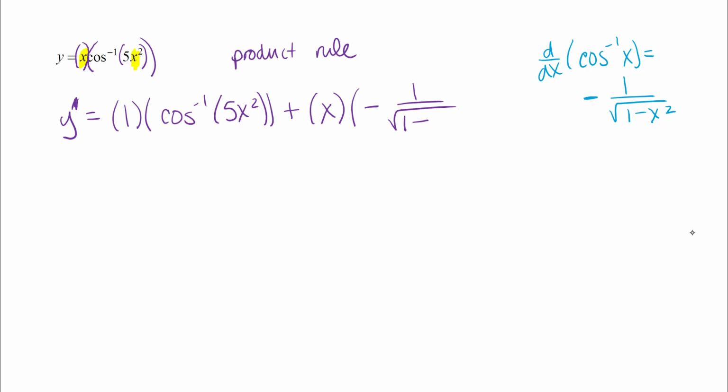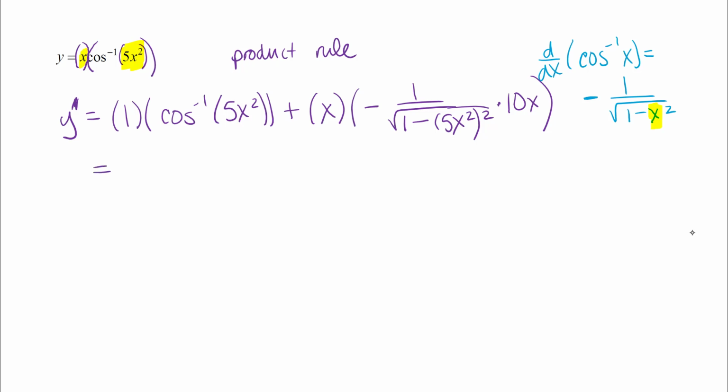And then what I have here, though, is not just x inside the cosine inverse function, but 5x squared. So I'm going to be putting that whole 5x squared into that derivative in place of x. So when I do that here, I'll have 5x squared, the quantity squared, right? That's the derivative of the cosine inverse part. And then I need that to be times the derivative of that inner function. That inner function is the 5x squared. So the derivative of 5x squared is 10x. All right, there is an unsimplified version of the answer, which would be okay,